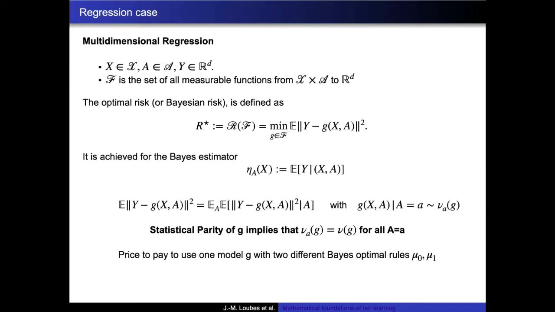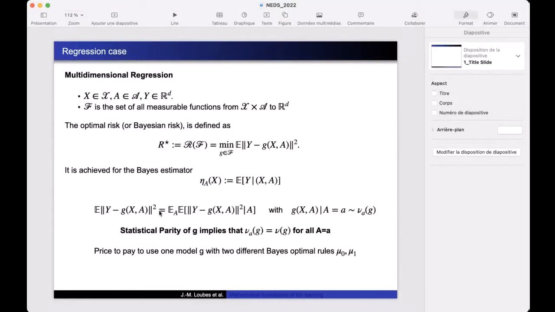If I condition my error, which is the expectation of the square of the error, then you see that if I call g(x,a) any model, then if nu a of g is the distribution with respect to x of my regression function given A equal to a. So in fact, the idea should be to see if this